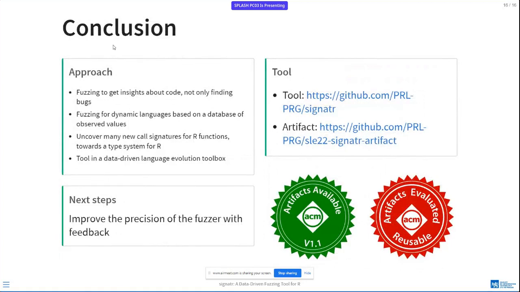So to conclude, we have used fuzzing to get insights about code, not only to find bugs, although we actually found bugs also during that, and we reported them. We used a database of observed values to fuzz dynamic languages where it's complicated to generate complex values. We uncovered many new call signatures for R functions, and so it's a step on our journey to build a